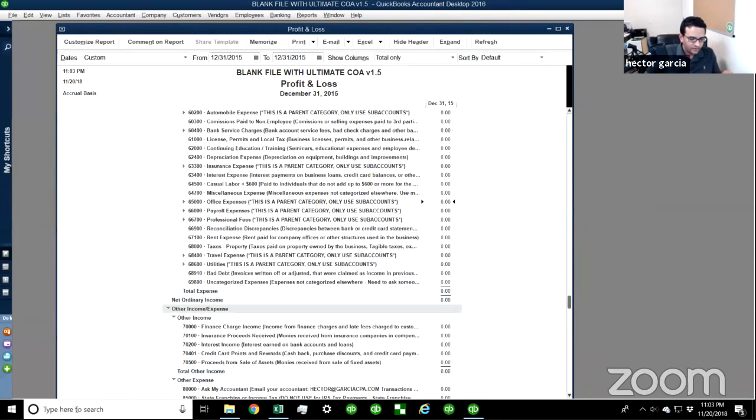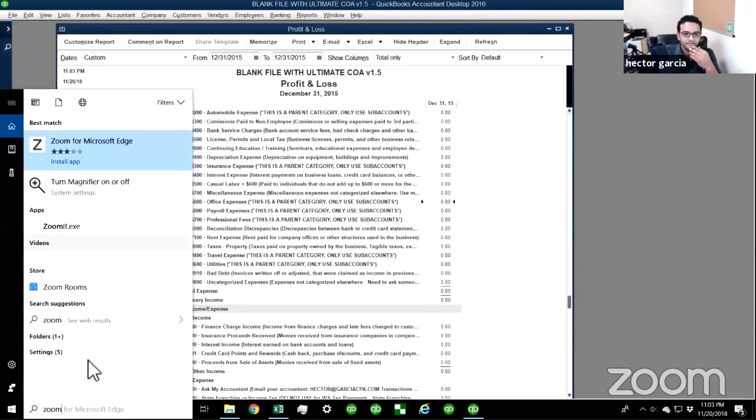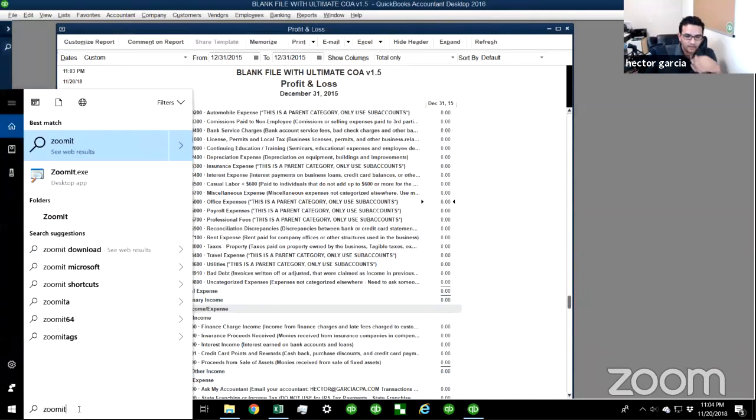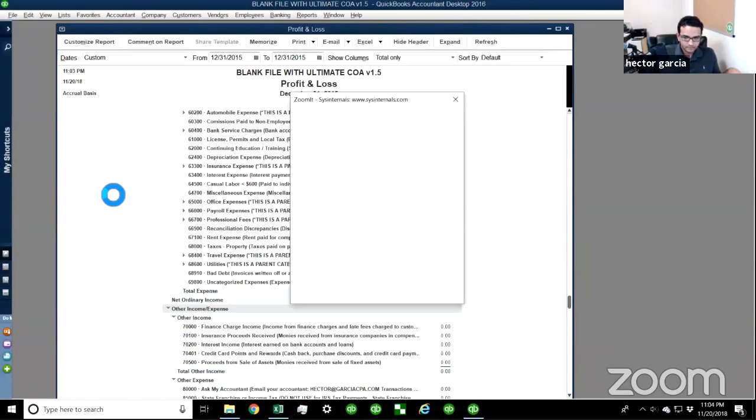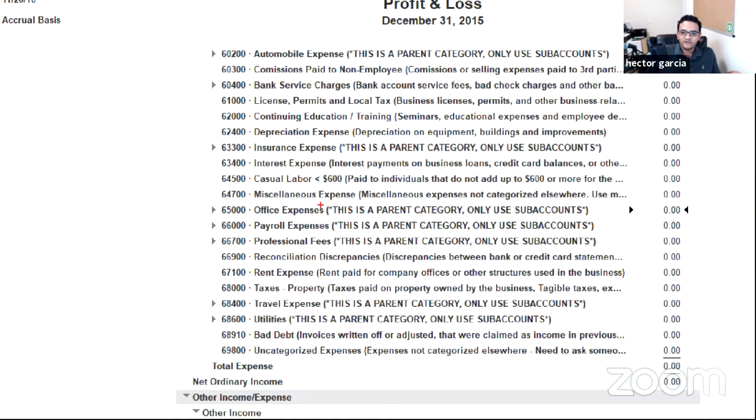Actually, hold on a second. Let me run my zoom tool so we can zoom in a little bit. I don't know what happened. There it is. Sometimes I forget to run my zoom tool. So let me zoom in real quick. Okay. So I just want to show you here. So you see right there. So all the ones that have